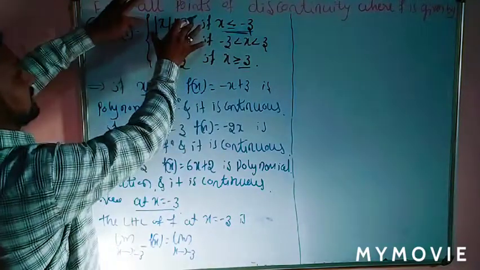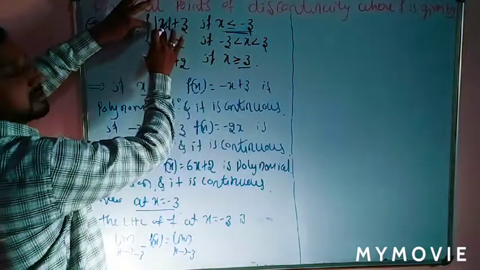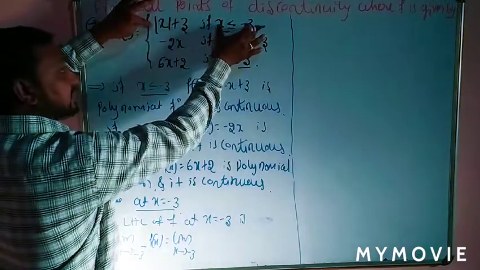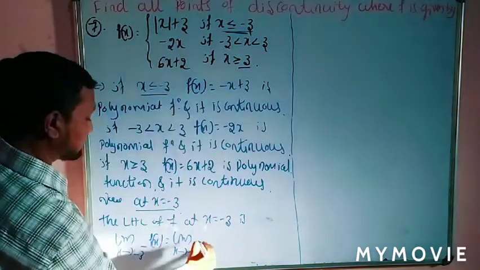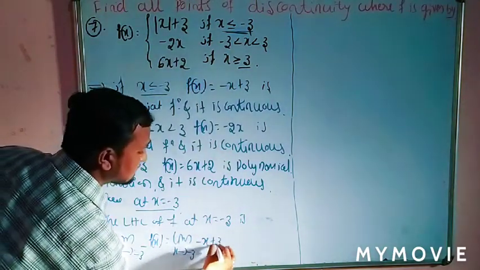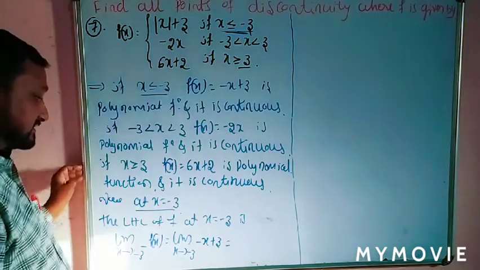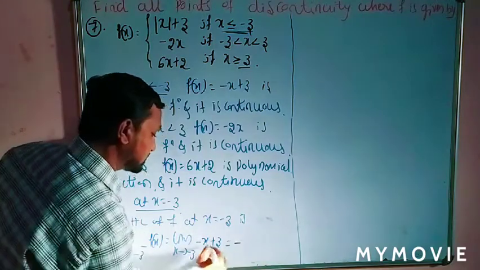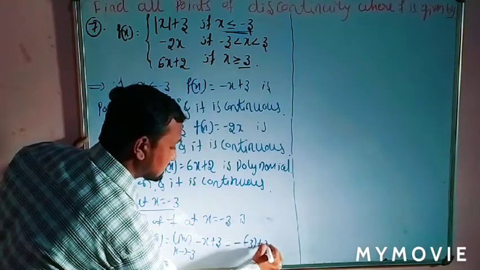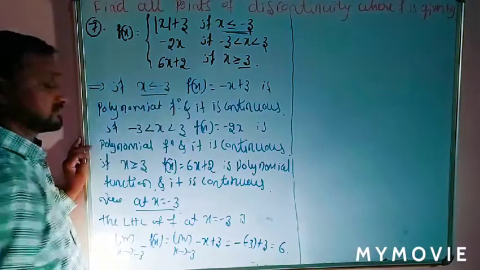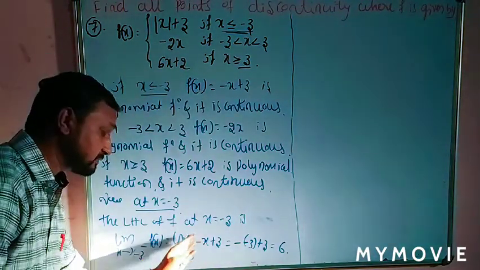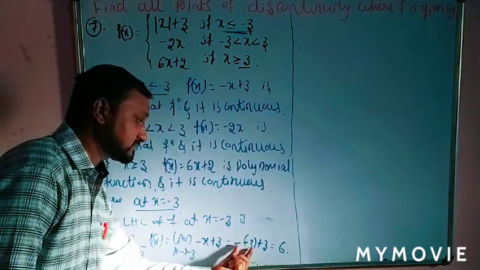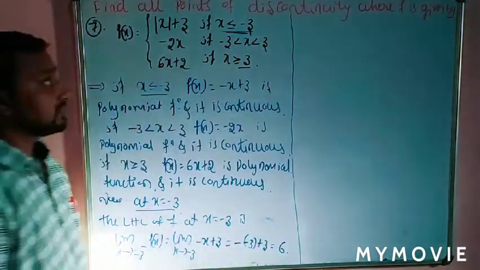For LHL, x is less than, so the sign of mod x should be negative; greater than is nothing but positive. Here x is less than, so LHL should be negative, that is -x plus 3. So that is equal to -x plus 3; here apply -3, we get minus of x, that is minus of -3, plus 3, which is equal to 6. Is that clear? Minus into minus is plus 3, plus 3 is 6. This is your LHL,